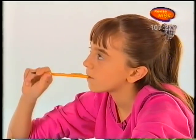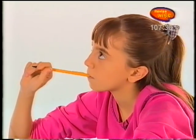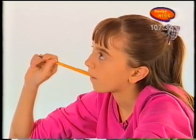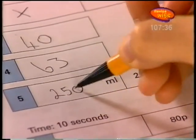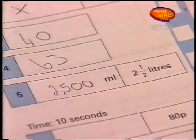How many millilitres are there in 2.5 litres? OK, 2.5 litres is 2,500 millilitres. That's 2,500 millilitres. How would 4:15 in the afternoon...